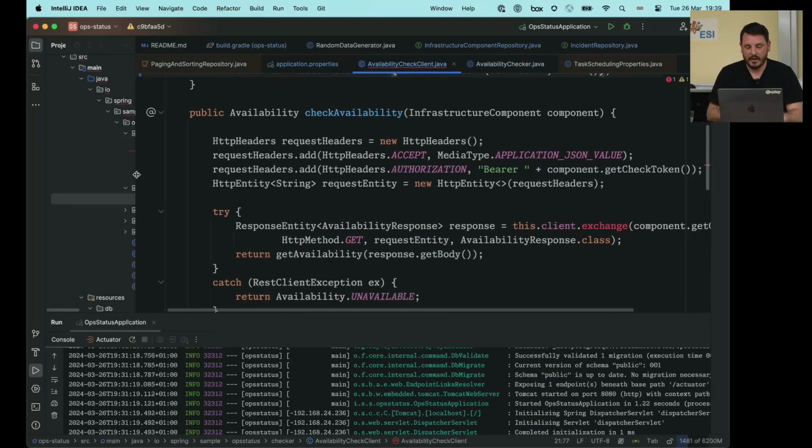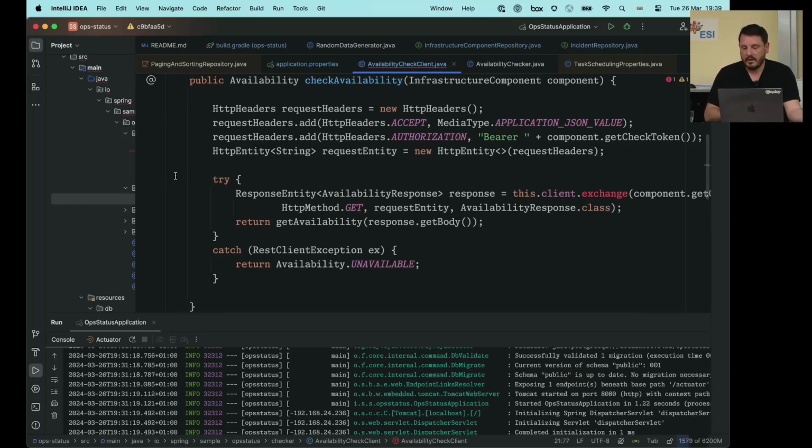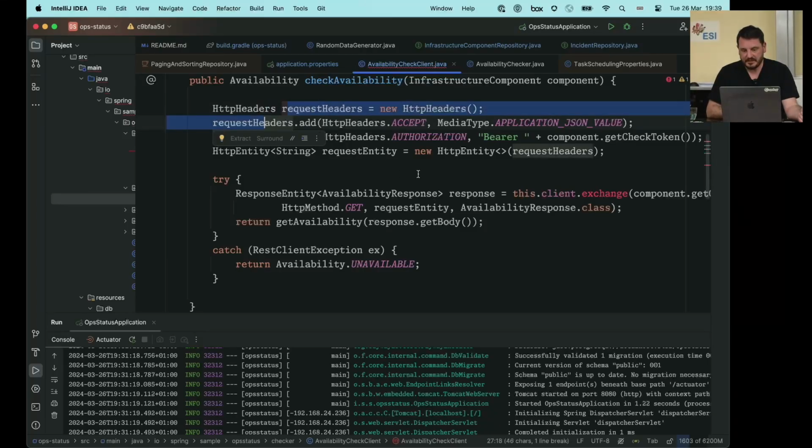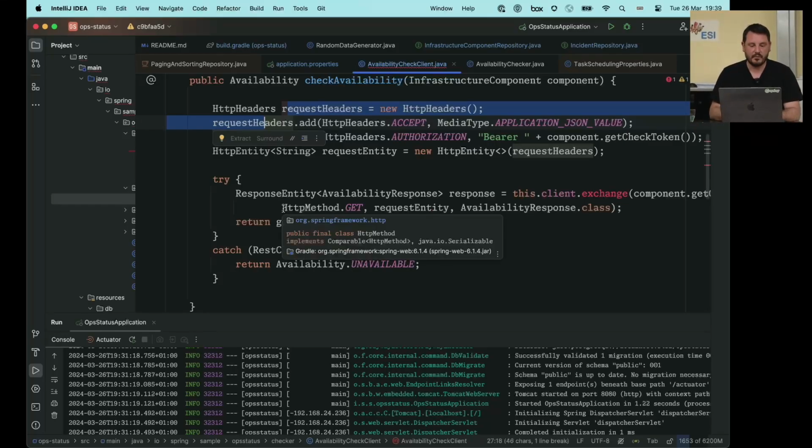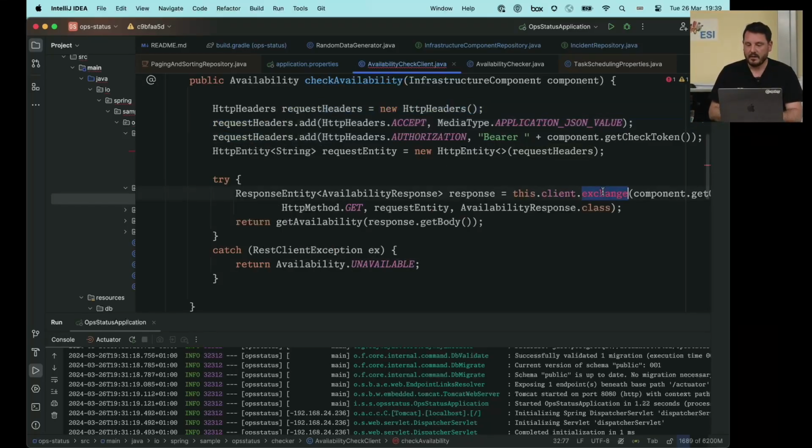If we look at what we had before, so this was the code. Want to set up a bunch of, actually a couple of headers. See, it's a bit clunky. You have to create HTTP headers and an entity, and then the code there is not as we would like it to be. So let's move it to